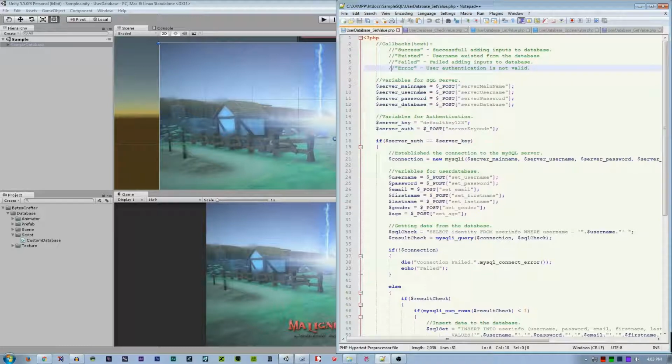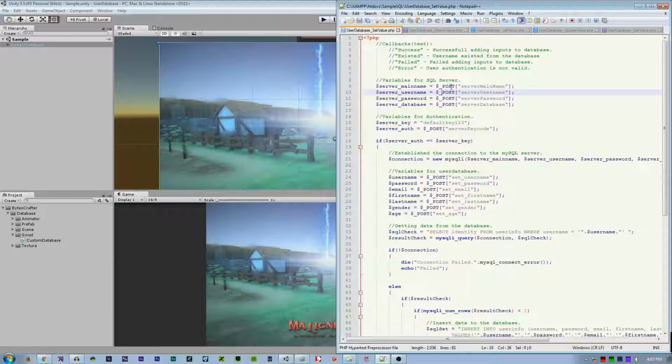Establishing a connection: you should have variable names for the server name, server username, server password, and server database. And in PHP, if someone is asking what that $ sign is doing out there, that $ sign declares that the string after it is a variable. So this is a variable which is equal to $_POST. Later on, you're going to know what this is for.